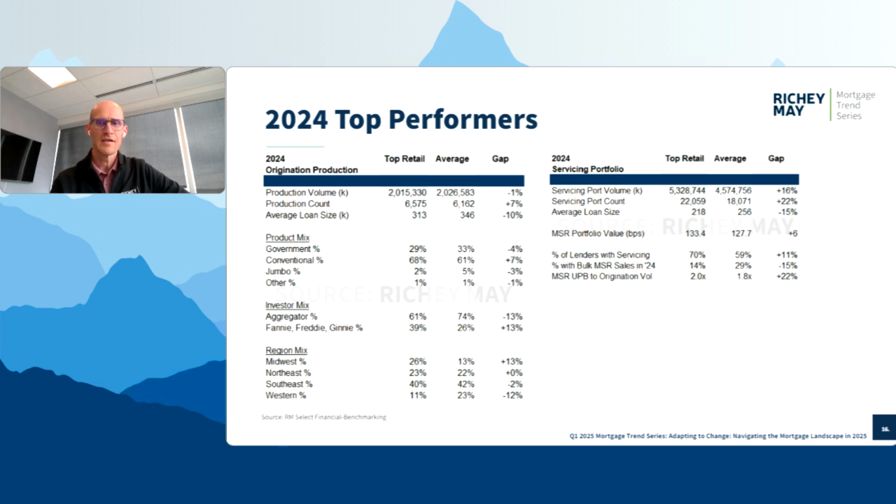And Tyler, I think you're probably going to get into some of this in more detail, but production count is one of them. They're doing roughly the same volume but lower count. If you go down to jumbo, they're doing fewer jumbos, and fewer high balance loans. Look at the geographical dispersion of the loan production, and you see the top performers are doing more volume in the Midwest. Northeast is about the same. Southeast, those differences are insignificant,